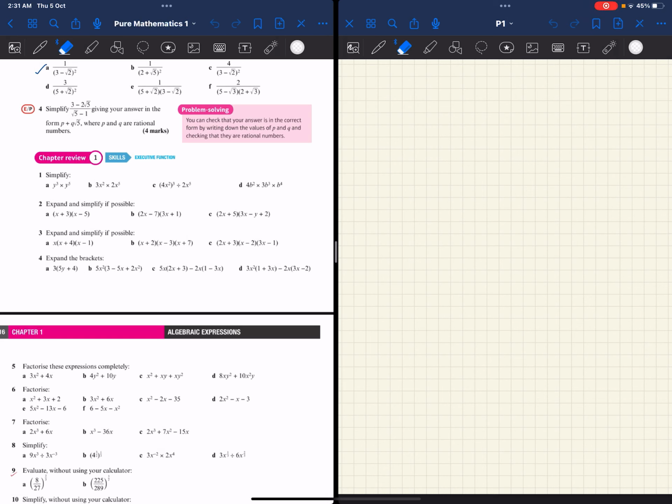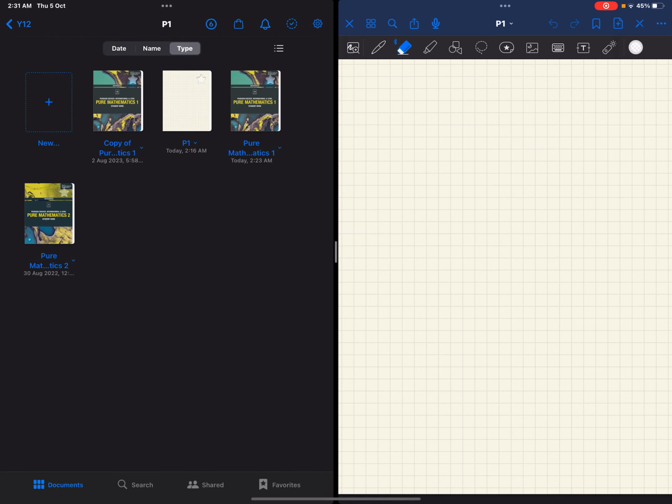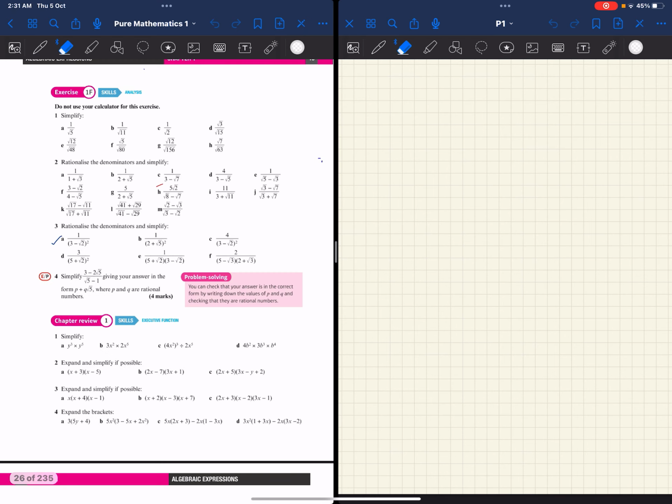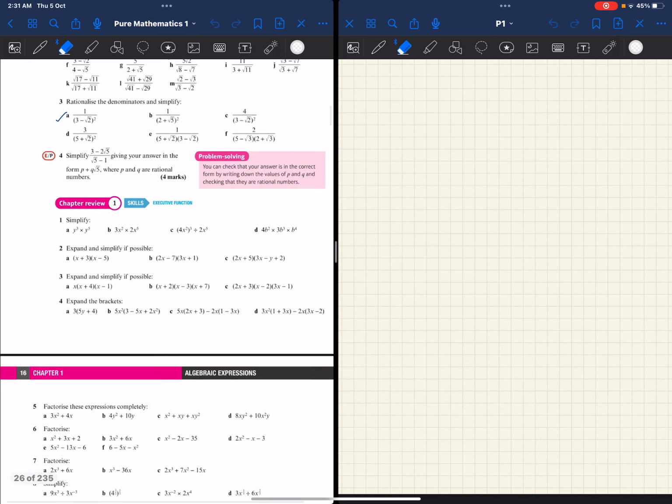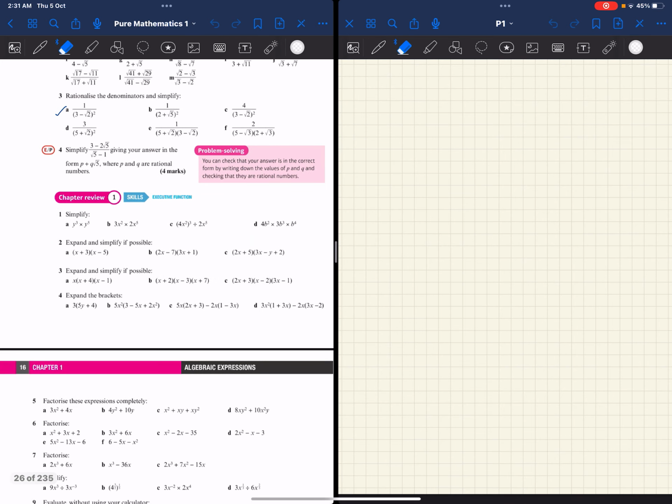Hi everyone, let's start doing chapter review. This is from textbook Pure Mathematics 1. Alright, so for chapter review, question number 1,